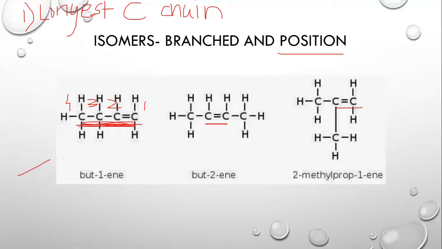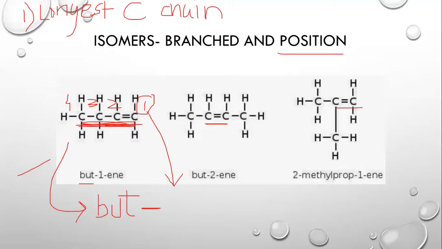Now that we can see that the functional group is between 2 carbon atoms, we are going to choose the smallest number. So from 2 and 1, we have 1 as the smaller number. We are going to choose this one, and in writing the name, we write first the longest carbon chain, which is 4 carbons, the but. Then we are going to write the 1. 1 comes from where the functional group is positioned.